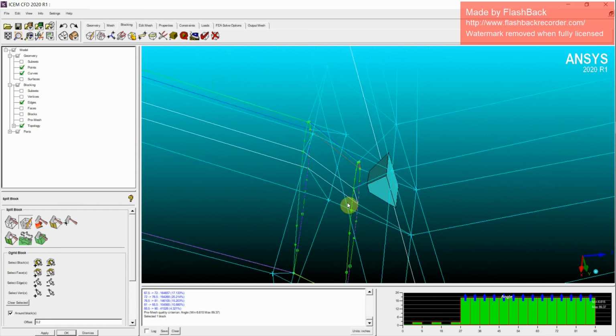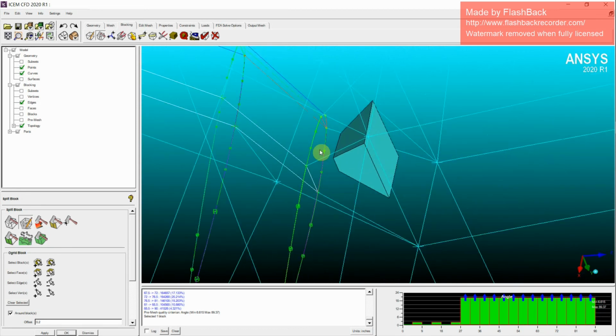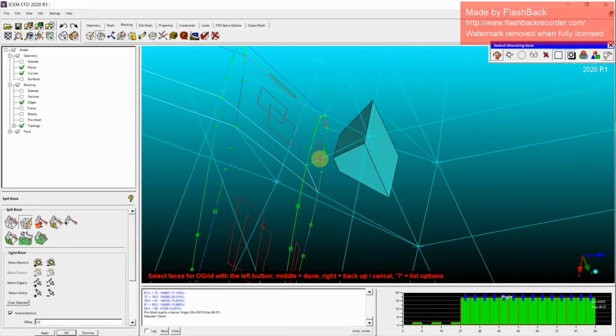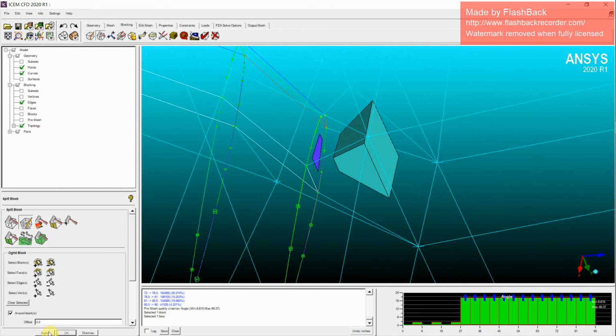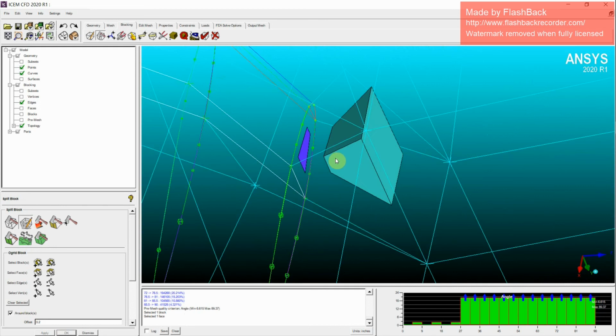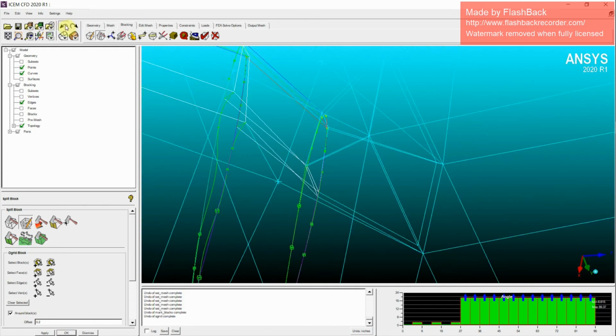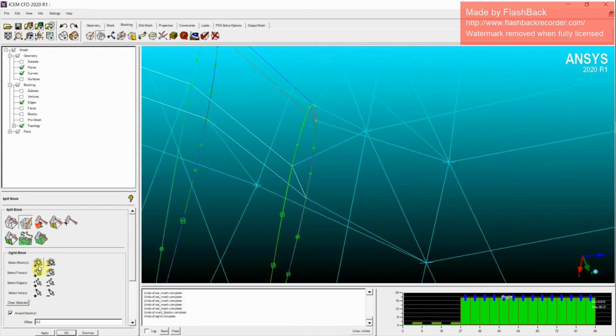Yes, that will be our block, and we have to also select the face. This will be our face. Let's select this face and we'll apply it. Actually, we have created it around the block. That's not how we want. So we'll just revert the process now, and we'll keep the offset value. We'll switch off the around the block option and apply it.